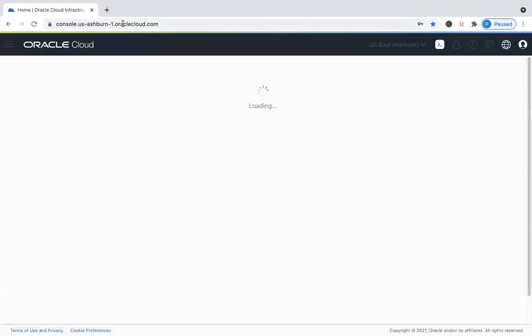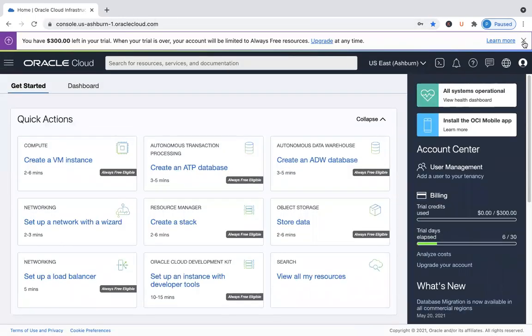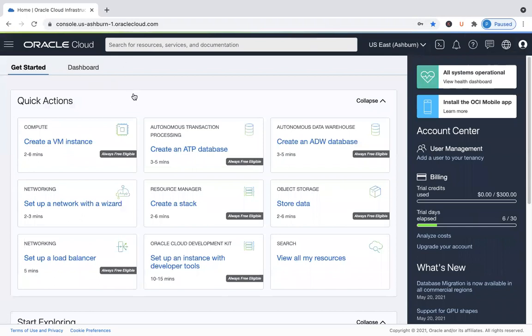Once you sign in, you get to see a console page like this. You see a sort of dashboard here, and you have quick actions that you can perform within OCI. First of all, what is this console? This is called the Oracle Cloud Infrastructure Console. If clients want to buy any infrastructure in Oracle Cloud, they have to come into this console, log in, and they can procure any infrastructure.